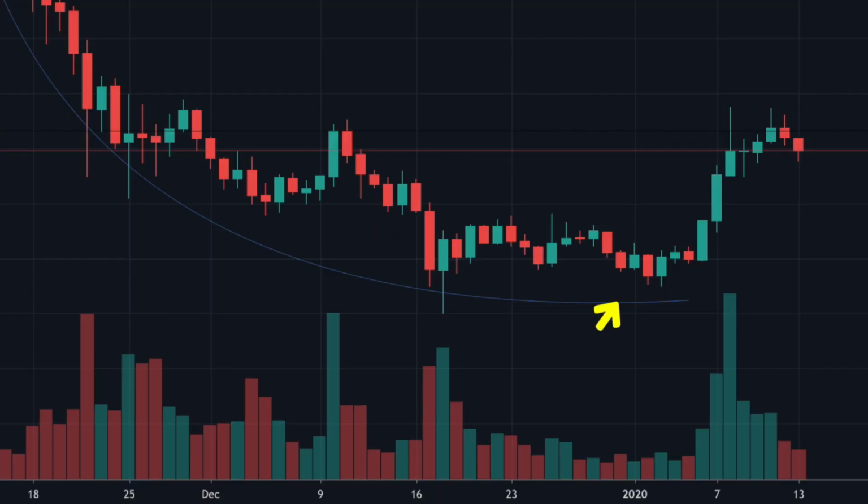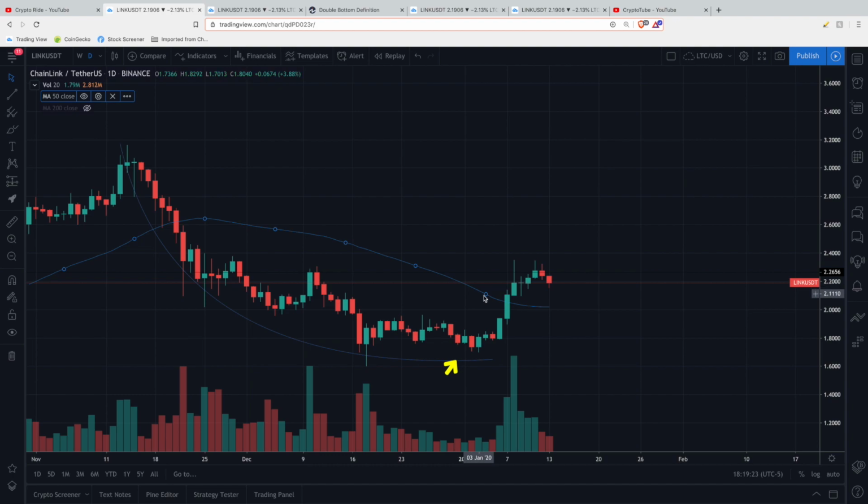But let's also talk about some of the price levels we broke through. So first up is the 50-day moving average, which is this blue line I just highlighted. And on January 7th, you can see we busted through that hard and fast on a lot of volume. Huge volume spike here, which of course signifies a powerful move to the upside. So that's a great thing, and it looks like we have flipped that. Worst case scenario would be we come down and hopefully see this $2 price point become support,